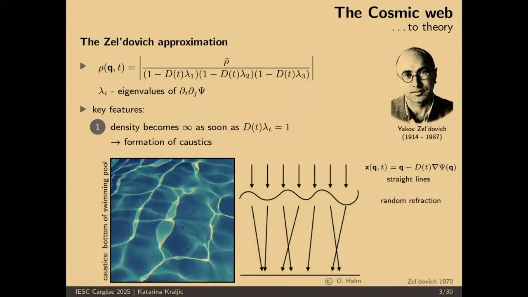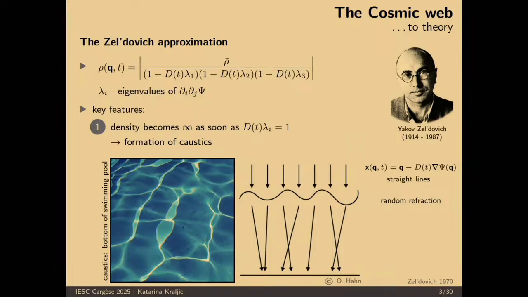And this is also the condition for the formation of caustics. So caustics are the set of surfaces where the density is formally infinite. So imagine at the beginning all these fluid elements are just moving along straight lines. And they would continue to move on straight lines if there were no perturbation. But we have some perturbation generated in the initial universe, which deflects these trajectories, and they start to